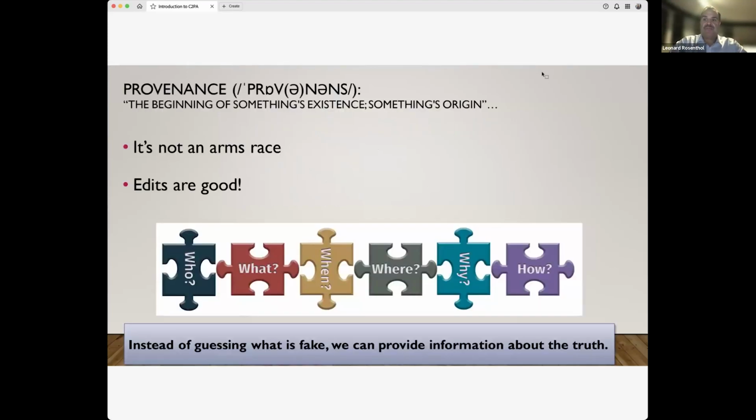I want to start by saying, as we do within our name, it's all around provenance. Our focus and our belief about what is important for content is that it is important to understand its provenance, the beginning of its existence, its origin, and its life throughout its existence.